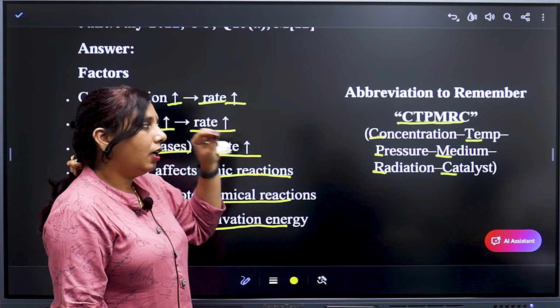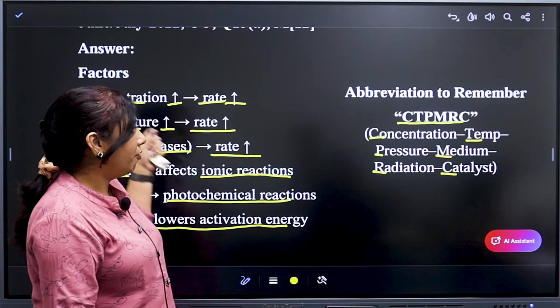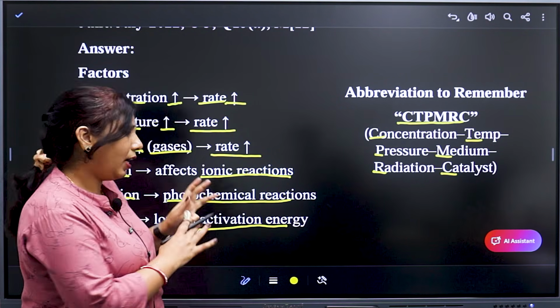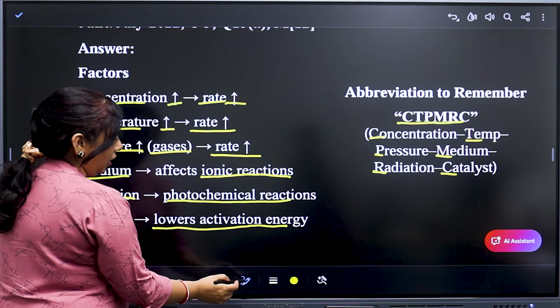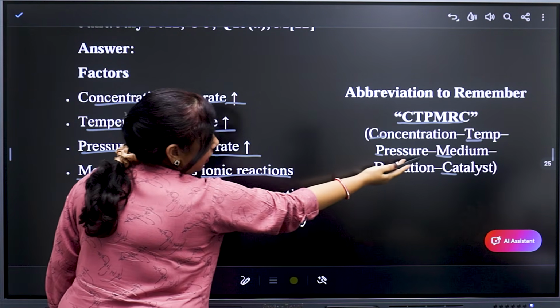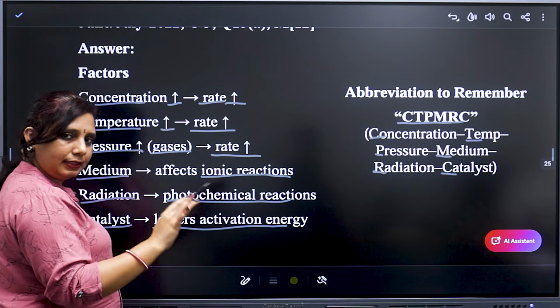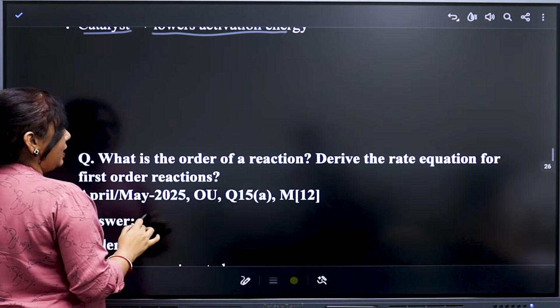So these are the factors that influence the rate of reaction, which increase it. If you remember the whole answer like this, then convert it into complete sentences, you will write the whole answer properly. So next question,